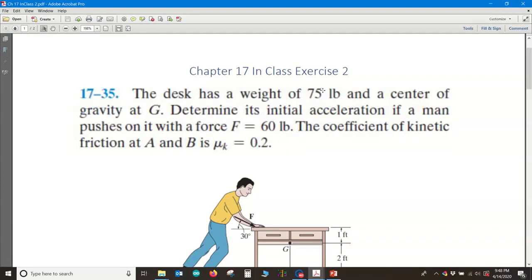This is chapter 17 in-class exercise 2. For this in-class exercise, I'm trying a different approach. I'm not solving them live on the video, but instead I will show you a presentation I have made which walks you through the solution in a step-by-step manner, and I suggest that you work along with